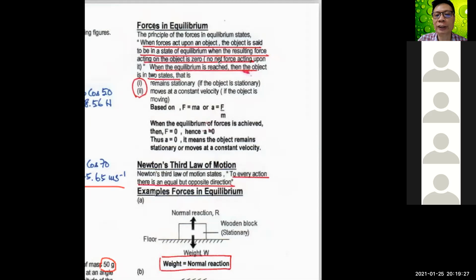When equilibrium is reached, the object is in 2 states. When the resultant force is 0, forces are in equilibrium, and the object will be in 2 conditions. Highlight 1 and 2. Number 1 is the object stays stationary, not moving. Another one is the object is moving, but with constant velocity. If you move with constant velocity,